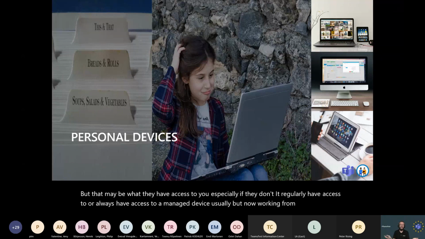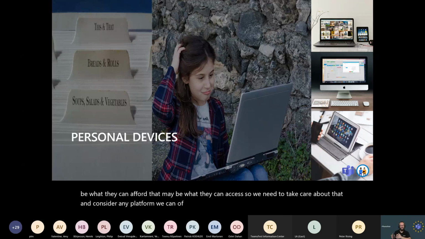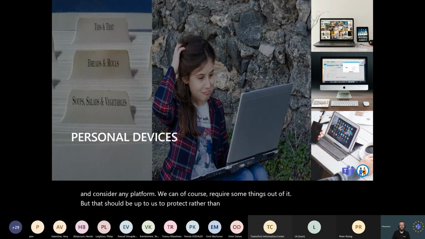That may be what they can afford, what they can access. So we need to consider any platform. We can of course require some things of it, but that should be up to us to protect rather than limit the user in choosing their device.